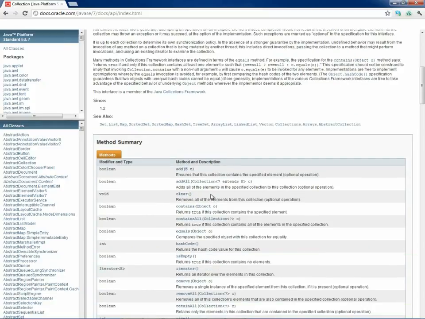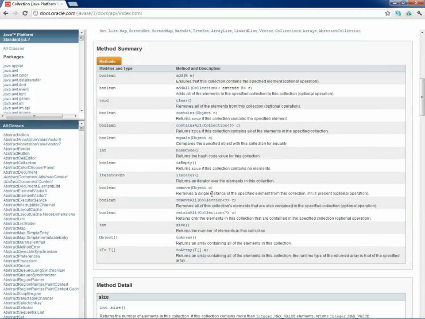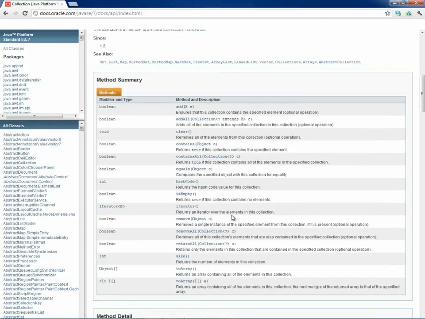We can see that there are some general methods. These are the abstract methods that are inside of our interface. So any class that is going to implement this interface will have to implement these methods. There are mostly general purpose methods for